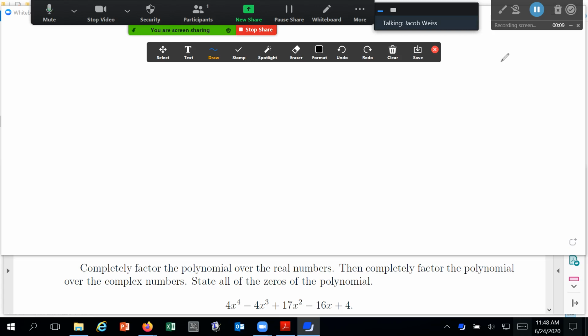So the problem that we want to work on is down here at the bottom. It says completely factor the polynomial over the real numbers, then completely factor the polynomial over the complex numbers. State all the zeros of this polynomial. And it is 4x to the 4th minus 4x cubed plus 17x squared minus 16x plus 4. All right, so to